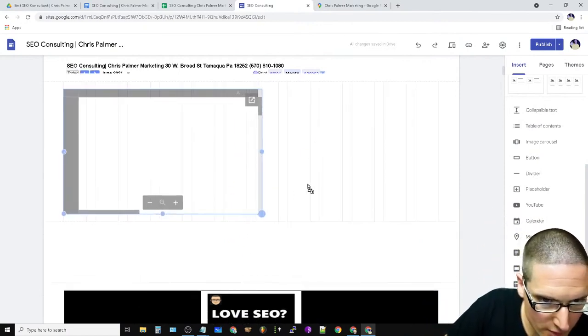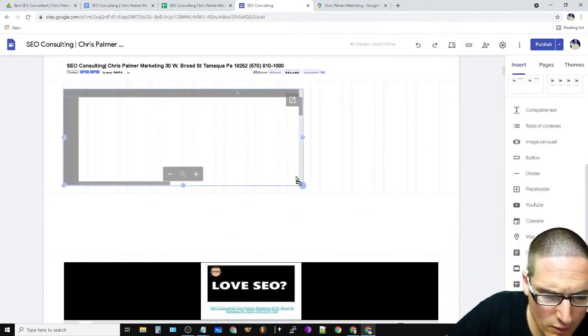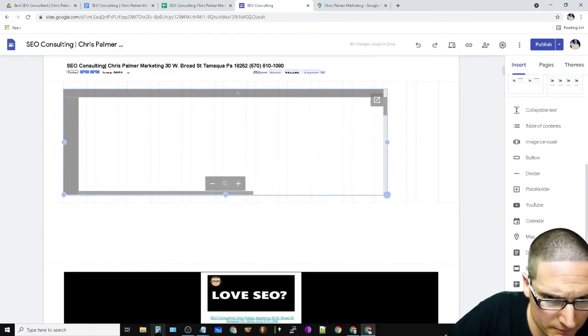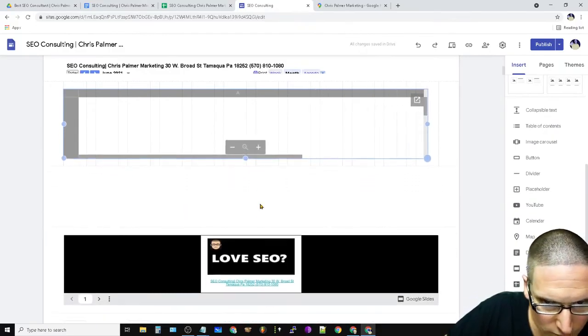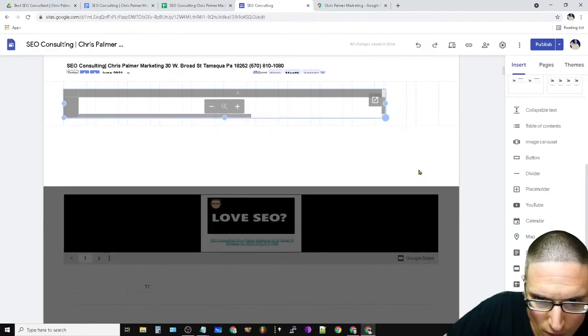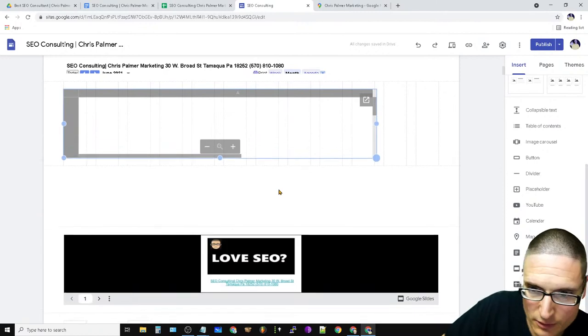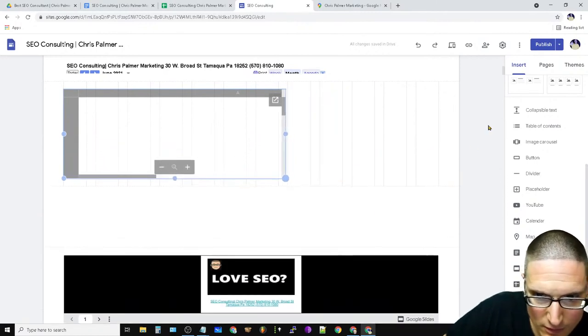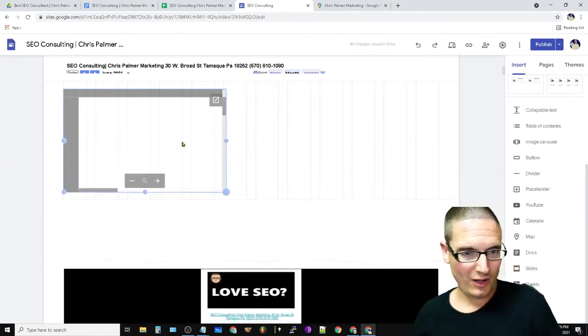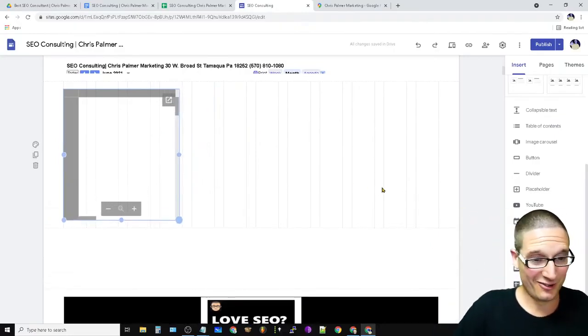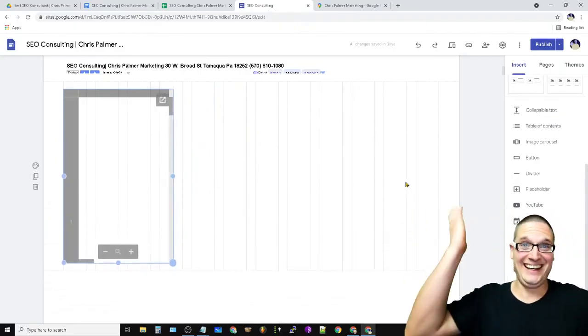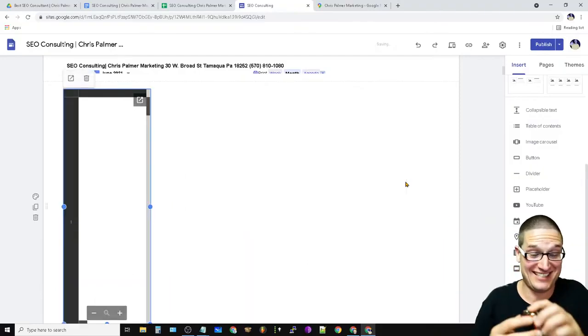All right, this one doesn't look that good for some reason. I'm not sure why it's not showing properly, but whatever. I don't know what this thing is doing. I'm clicking. I don't know why. I have no idea what it's doing.